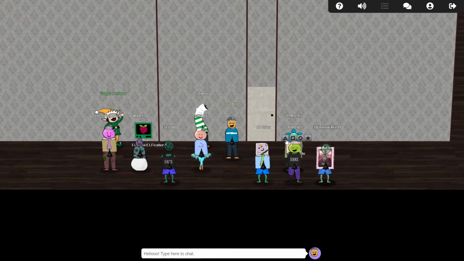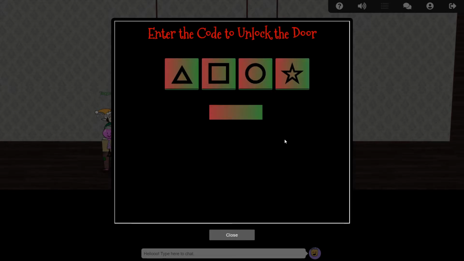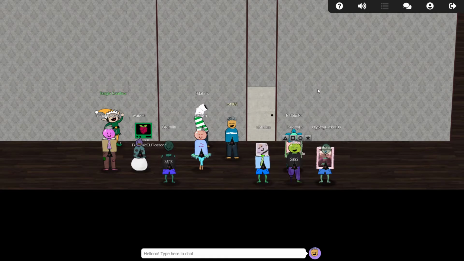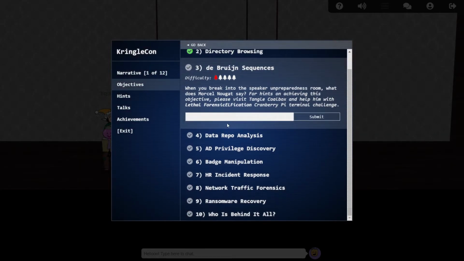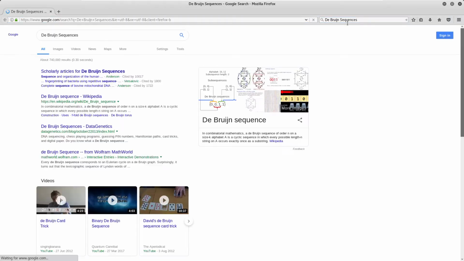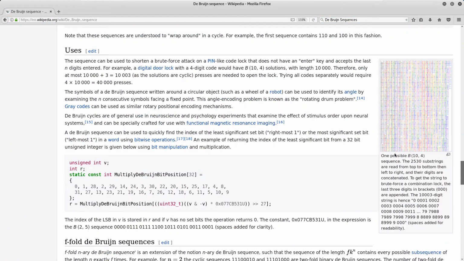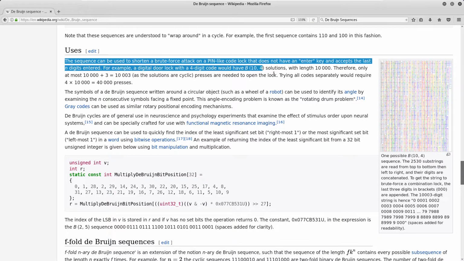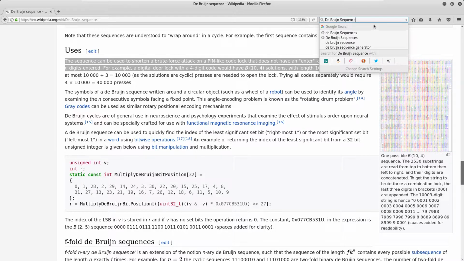In order to unlock the door, it looks like we need to enter the correct 4-character code made up of these 4 symbols. The name of this objective, the Bruijn Sequences, sounds like it's quite a big hint, and a quick Google tells us all we could ever want to know about this mathematical pattern, including a reference to the fact that it can be used to brute force certain pin code locks if they don't clear all user input upon each wrong guess. If user input is simply cycled through the lock system, as is probably the case with the lock we're tasked with breaking, then the number of guesses required to find the right combination is drastically reduced.